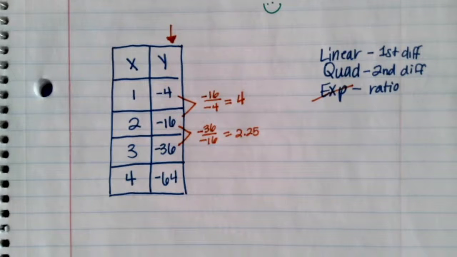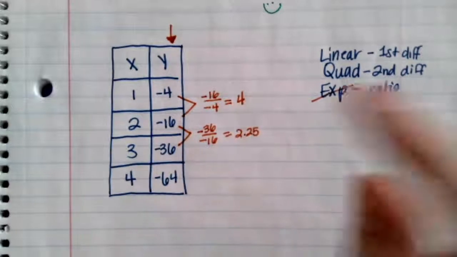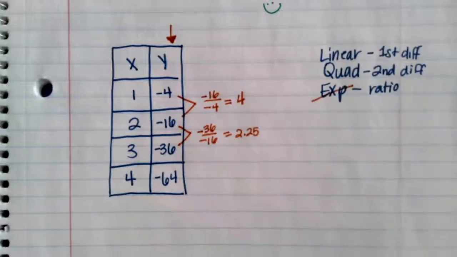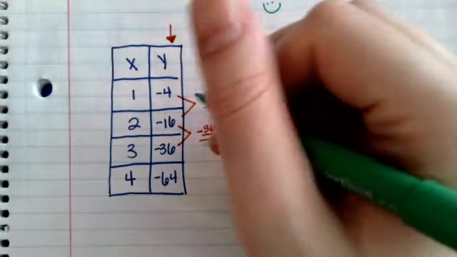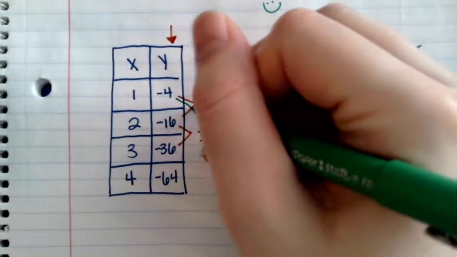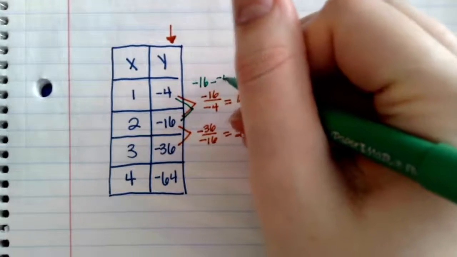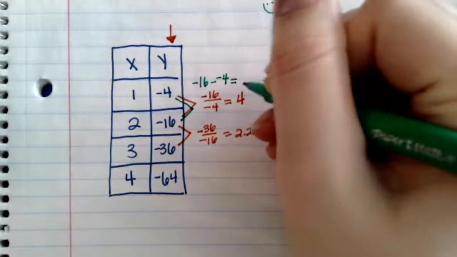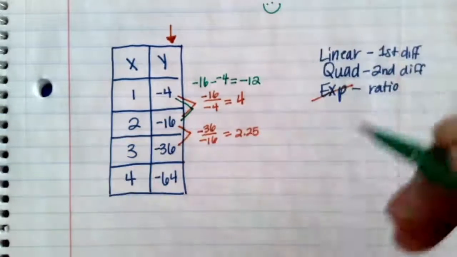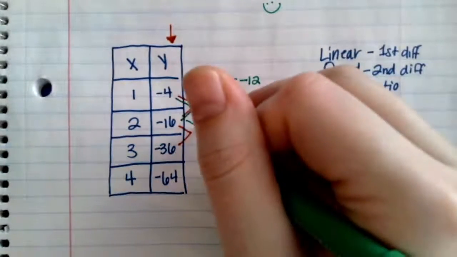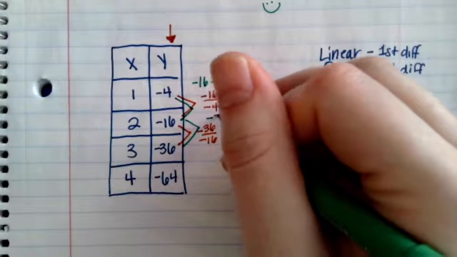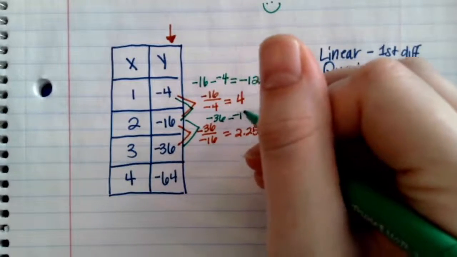So now I'm going to go back and try the differences. And I'm going to switch color just so it's a little bit easier to see. So we can kind of ignore this orange one. And now I'm going to check for linear. So first differences. So I'm going to subtract these two. So negative 16 minus negative 4 is negative 12. Subtracting these two, negative 36 minus negative 16